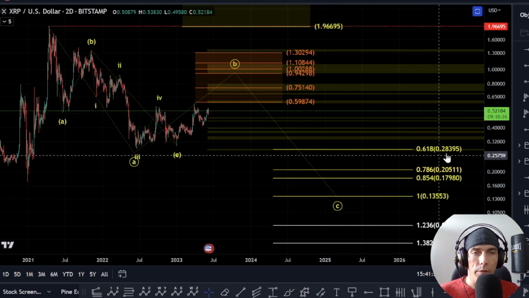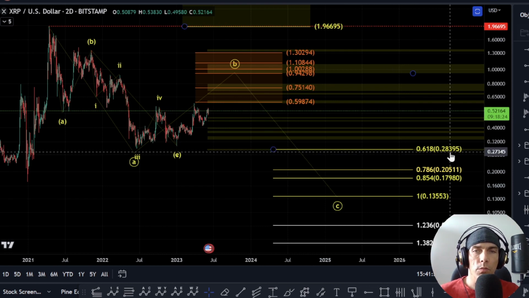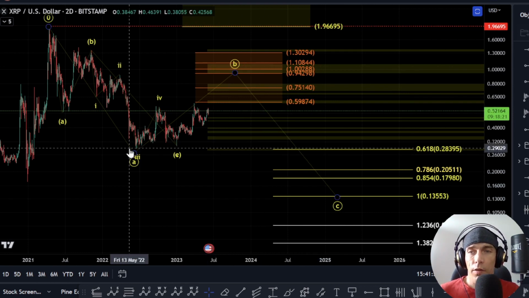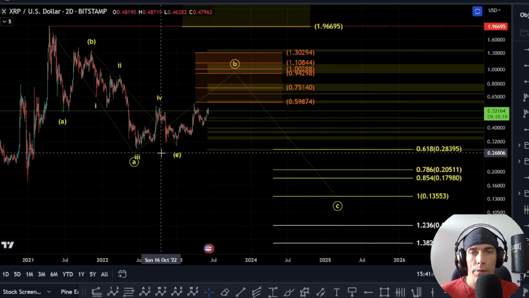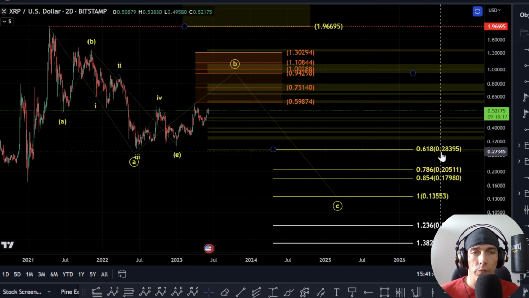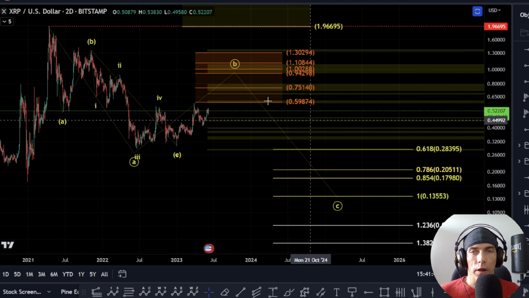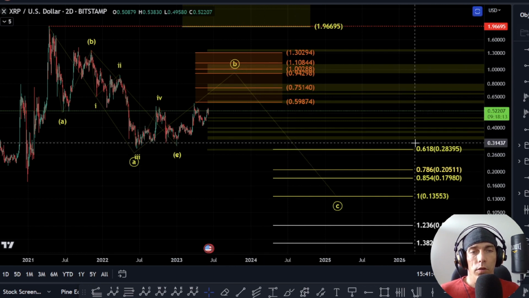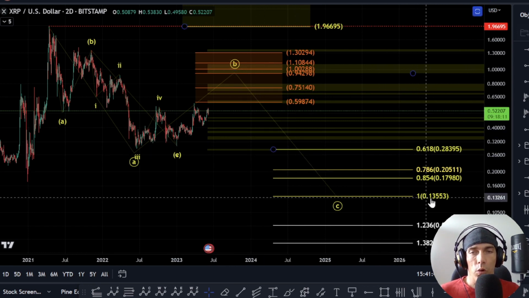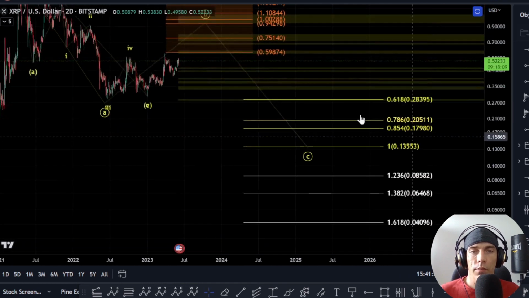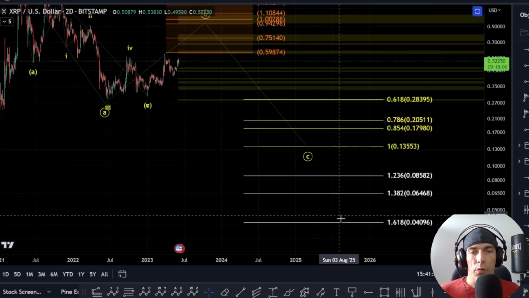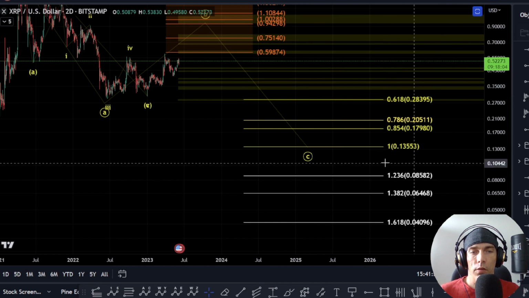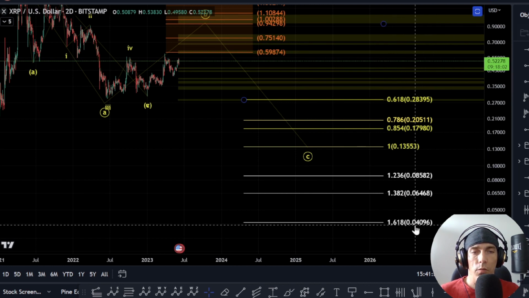Now, once again, we have the 0.618 here, which would be the minimum requirement we'd want to see for a C wave. This would actually look to take the A wave low. So I would be keeping an eye on this if we do move down here and we get a truncation in the C wave. Alternatively, we could see this price move more down towards this 1-to-1, and then we do have some other levels here which we could see price extend out to. So if we had to extend out to this 1.618, we would actually be looking to come down to this